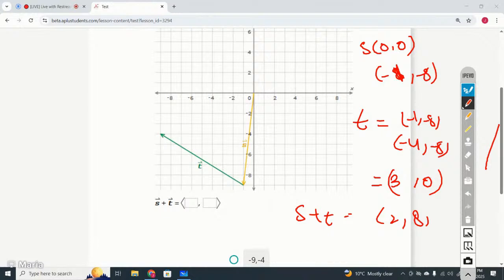For the t, that is negative 1, negative 8, negative 4, and negative 9 it is. I made it with negative 8. So negative 9 plus 8 is minus 1. So minus 1 and